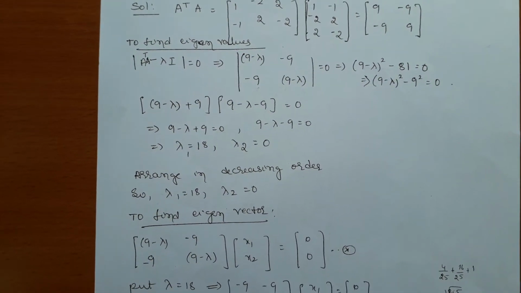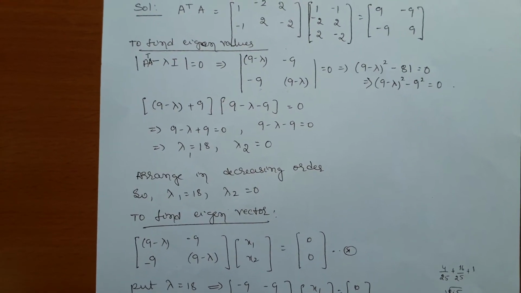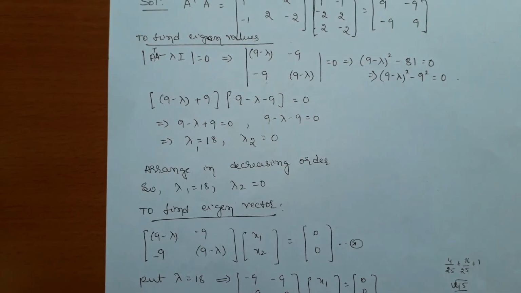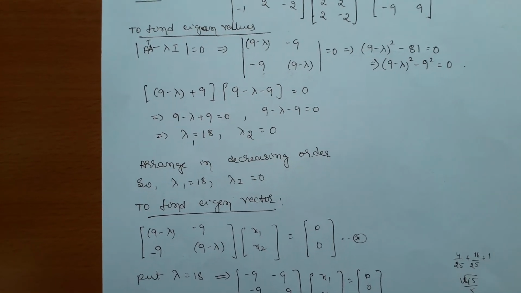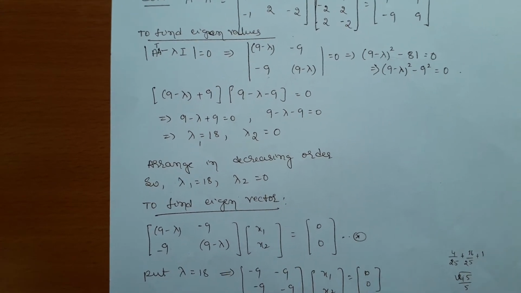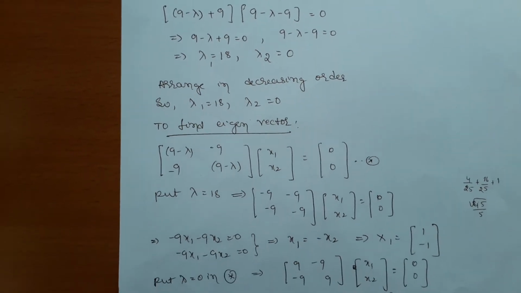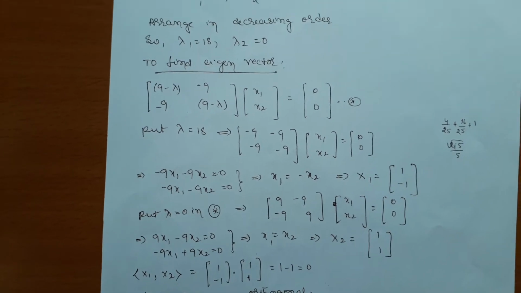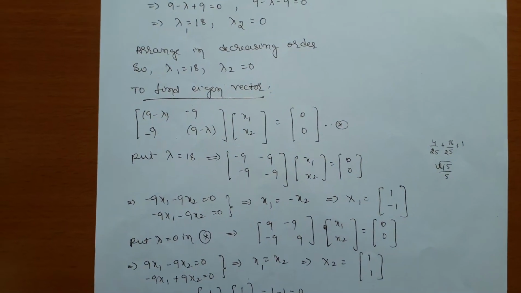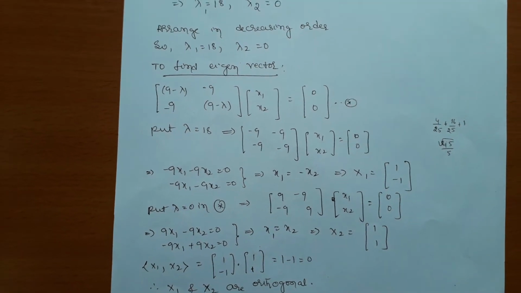Okay, fine. Now arrange these eigenvalues. In the previous problem I realized that you should arrange the eigenvalues from largest to smallest value now itself. There is no confusion between x1, x2, x3. Therefore, to find the eigenvector based on lambda 1 is 18, you substitute in the matrix of A minus lambda I into matrix of x equal to matrix of 0. You convert into a system of equations and solve that, and we get one of the eigenvectors.